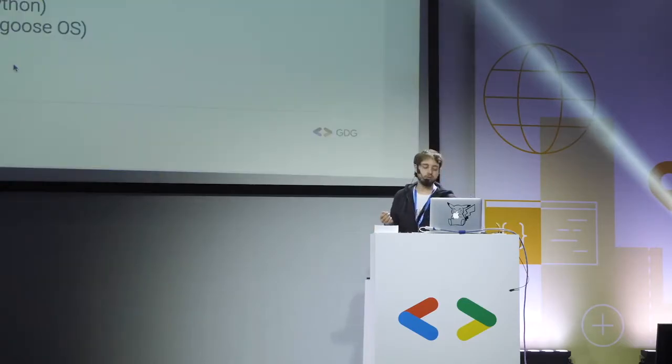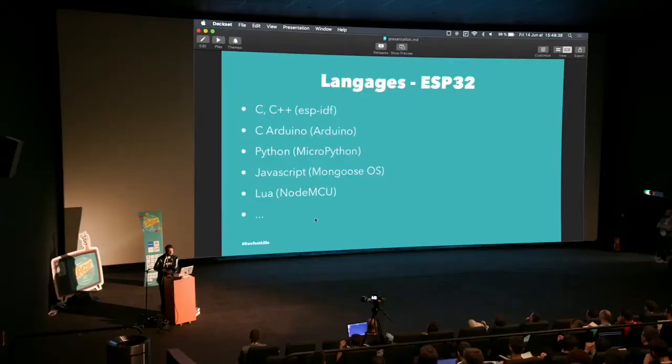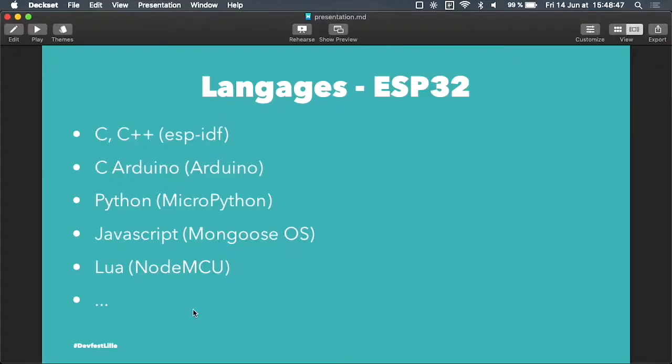Every time you want to write some code, you first need to choose your programming language. For microcontrollers, you can use either C or C++, which are the best ways to program because you will have very low memory access and you can control threads better. So you have very low level access to control everything. But C, C++ is a lot of boilerplate every time. You have to write a lot of things to do not a lot of stuff.